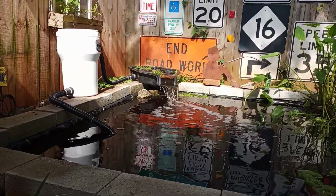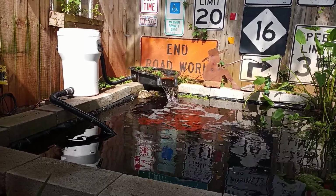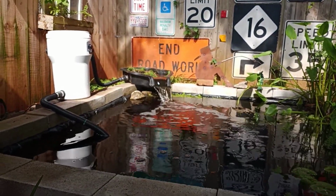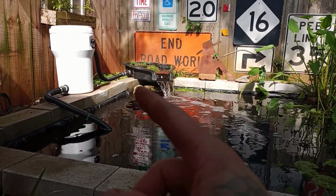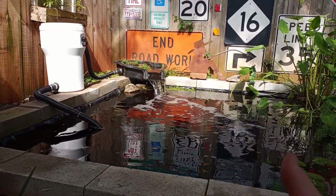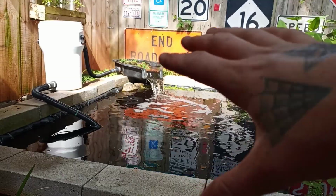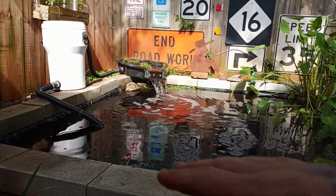I've seen other people do it, but I tried to critique it, or I guess modify it, just because this is the Walls Way. What I did is, instead of having the bucket upside down, I turned the bucket right side up, just like you would use a regular bucket, right? The hole on the bottom, I took a small stone that was flat, and I put it on the bottom just to kind of cover the hole. That way it wouldn't suck stuff up from the bottom. And then I filled it with gravel, a couple inches from the bottom. Then I put my pump on top, and then I poured pea gravel, to be exact, over top of the pump, and filled the whole bucket up